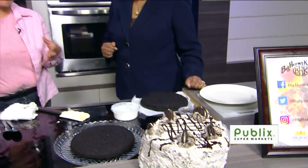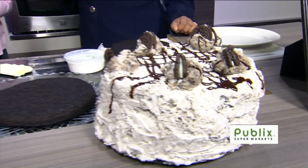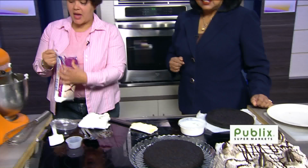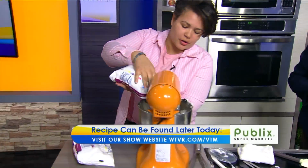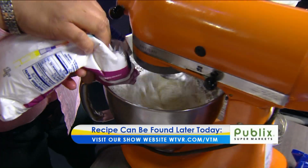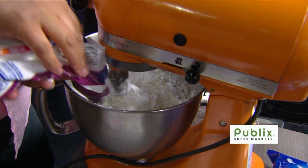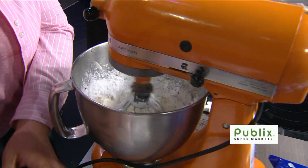And then, of course, we have it on the inside as well. And a nice decoration as well. Absolutely. And so to add into this, we have our powdered sugar. Because it's almost like an inside-out Oreo with the chocolate cake and then the vanilla frosting on the outside. And then we're going to alternate this when we do this, because what we're going to do is